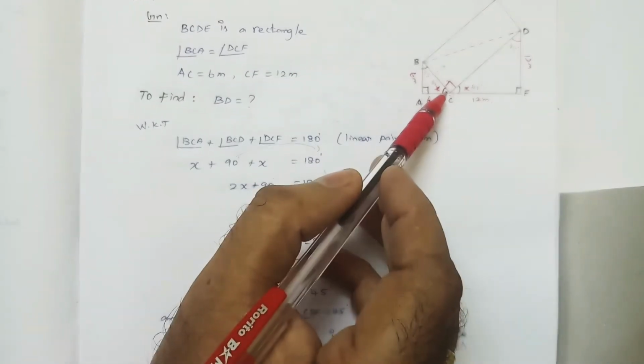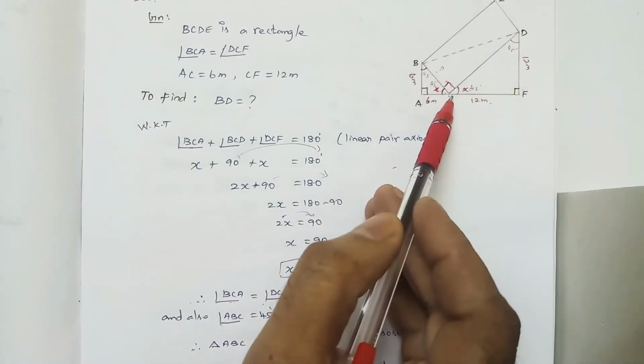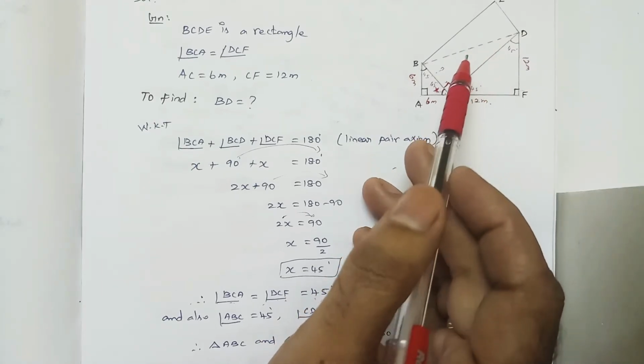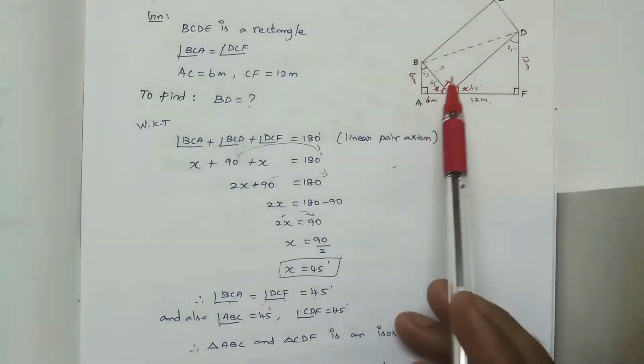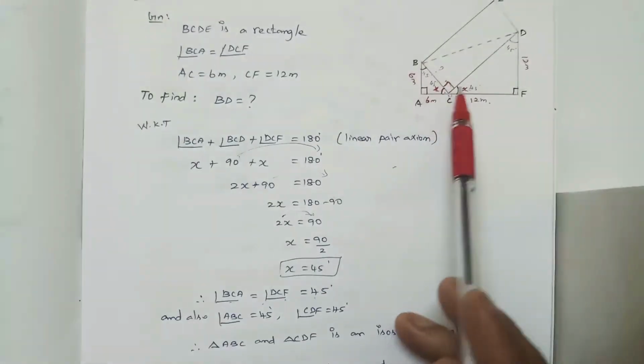If you know BC and if you know CD, right, then we can find the BD by using the Pythagoras theorem property. One by one we are finding. Understood? See, simply only one thing alone they have given that, right? They have given that these two angles are equal and this is nothing but rectangle, this is nothing but rectangle.